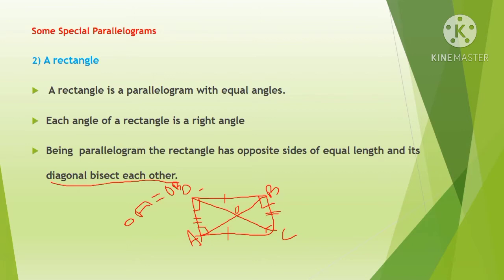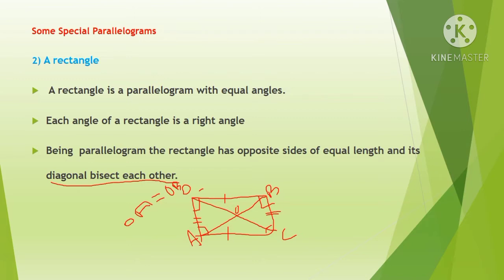You all know rectangle because from the smaller classes itself you will be learning the properties of rectangle. What are the common properties you are learning for rectangle? Opposite sides are equal, interior angles are 90 degrees. It has diagonals. These are the same simple properties from the small grades, right? So now let's see what properties we are going to learn here. The same properties, but a little more, like about the diagonals.